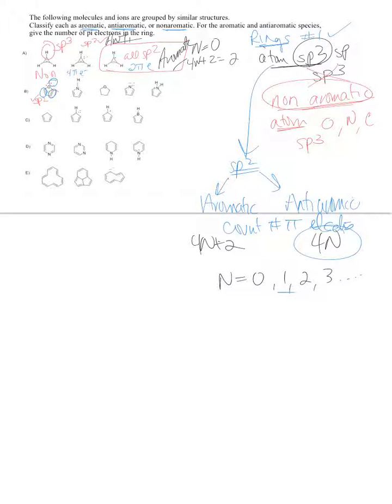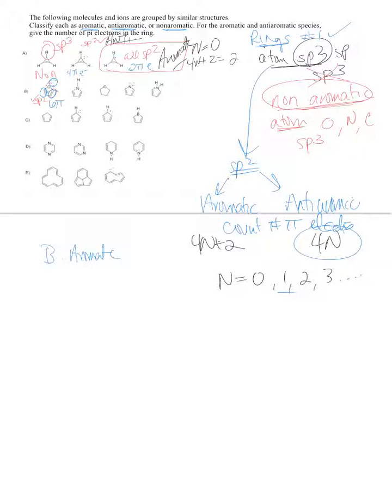And the reason why is because resonance stability for aromatic systems is such a strong energetic driving force. So in this situation, that would be a 6 pi electron system, and we know that 6 pi meets the 4n plus 2. So B, that's aromatic